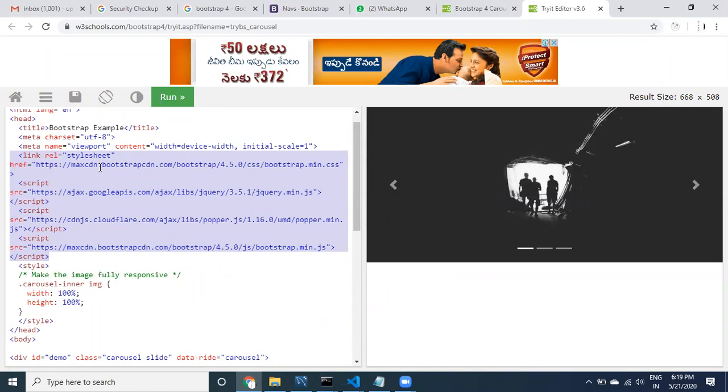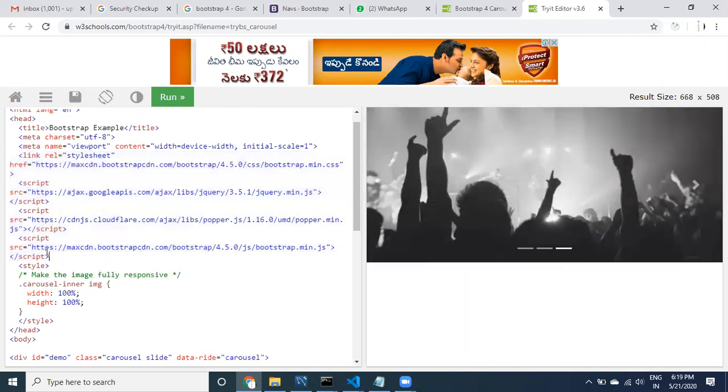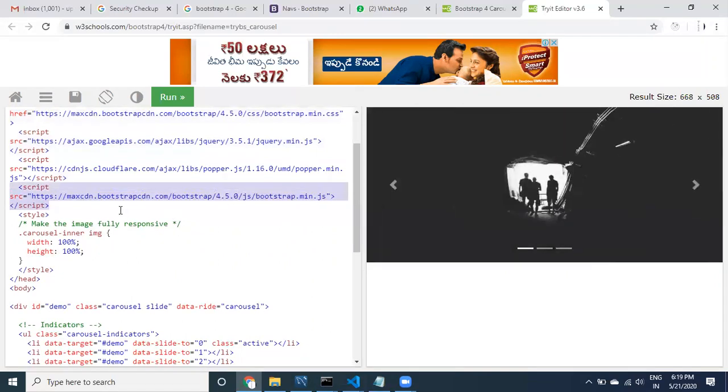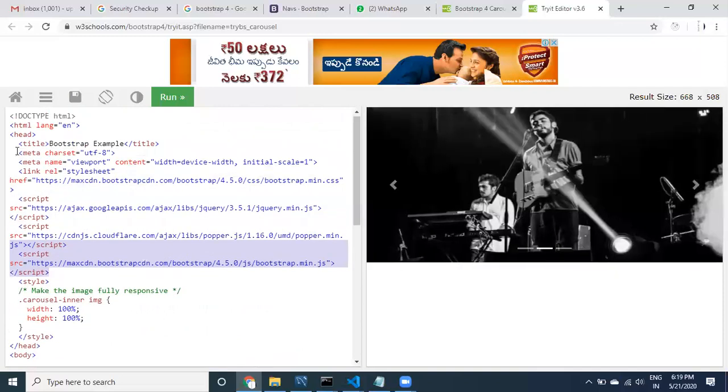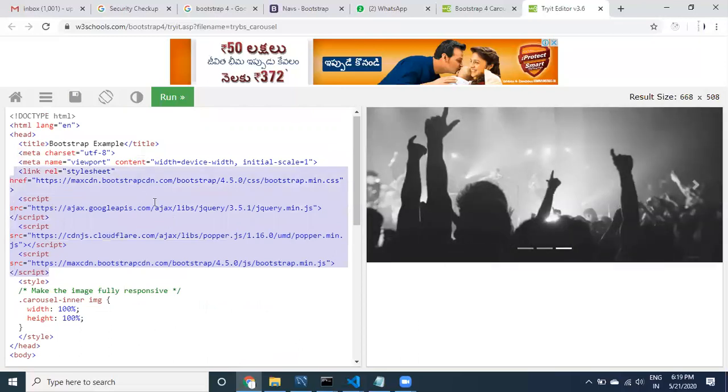Instead of installing all those things, I just copy these script tags. But where to use these things? Up to here.